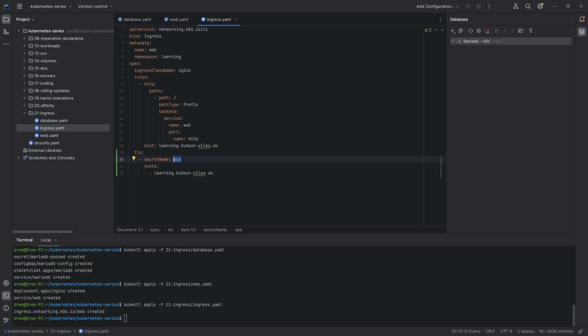And also, we don't even need to interact with Cloudflare because there's something called external DNS that will do that for us too. But like I say, that's for a later video. So the last thing we're going to do is take a look at the Ingress resource itself. To do that, we'll do kubectl get ing, being short for Ingress, namespace learning, and we'll take a look at this. So we can see the name, we can see the class that we set, we can see the